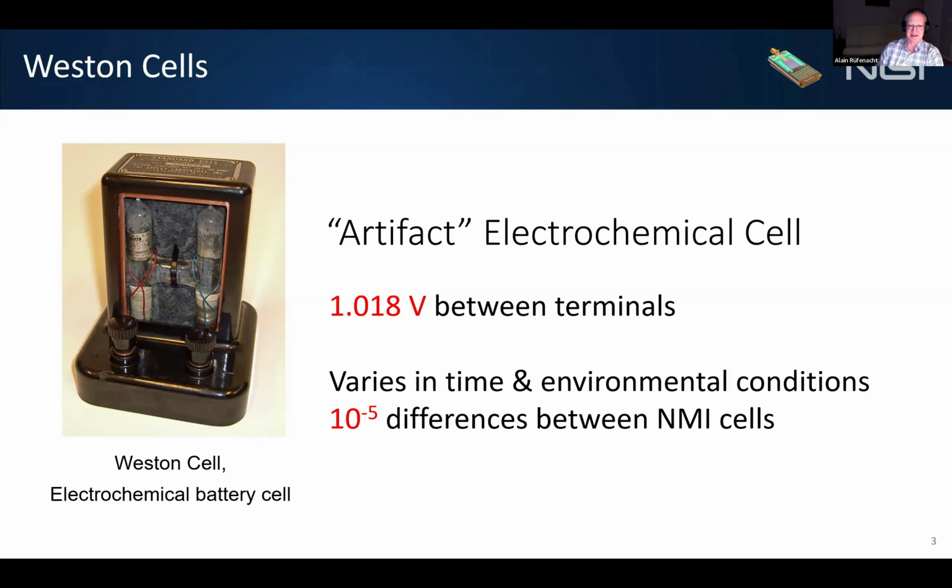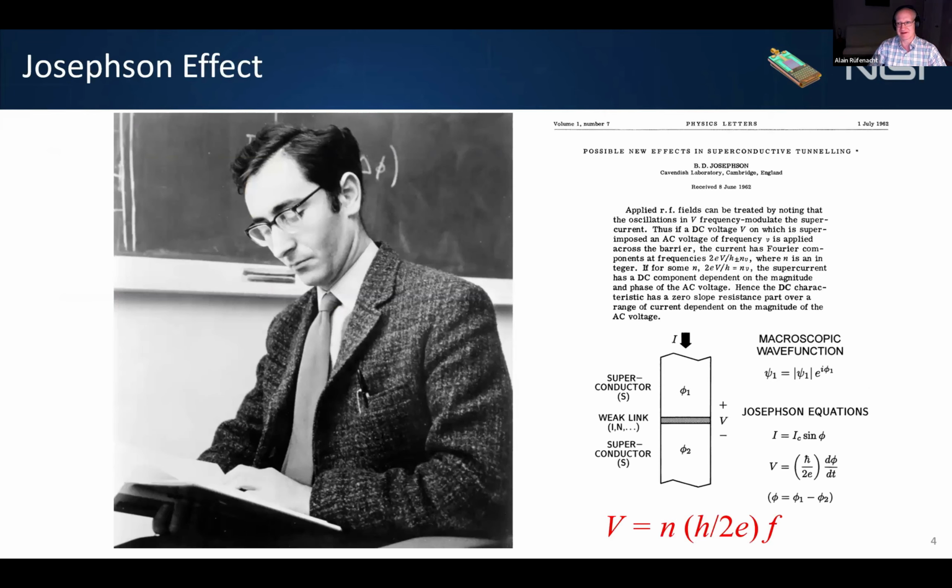For most of last century, basically from the start, all the voltage calibrations were made with artifacts. Those artifacts were Weston cells, a little battery cell of 1.018 volt. The big drawback is that comparing those cells from lab to lab did not give any better accuracy than 10 to the minus 5. But thankfully, in the 1960s a new effect was discovered by Brian Josephson,